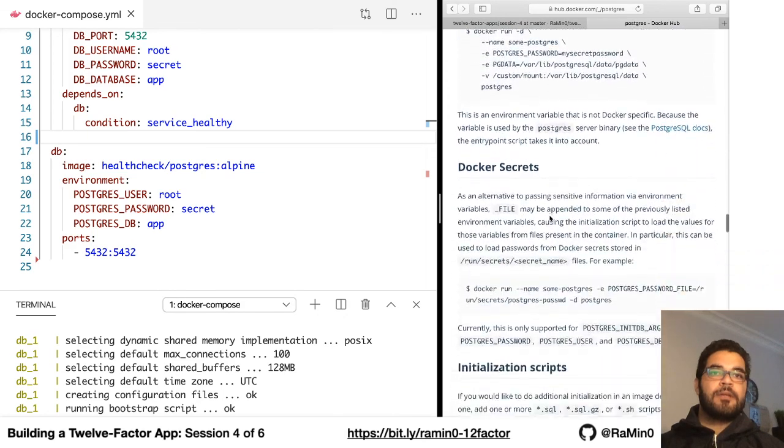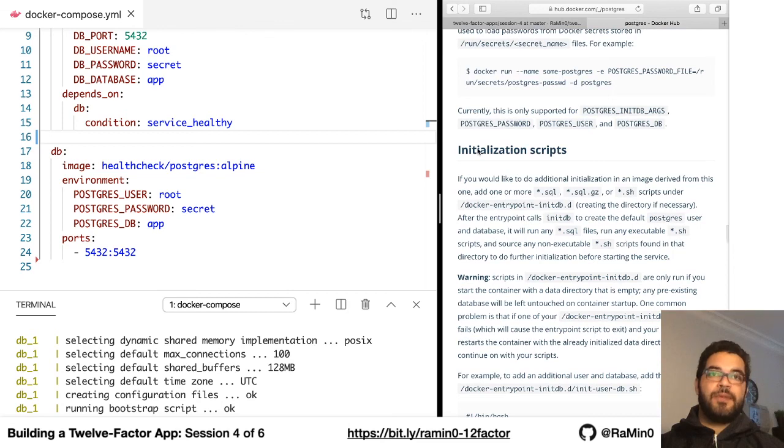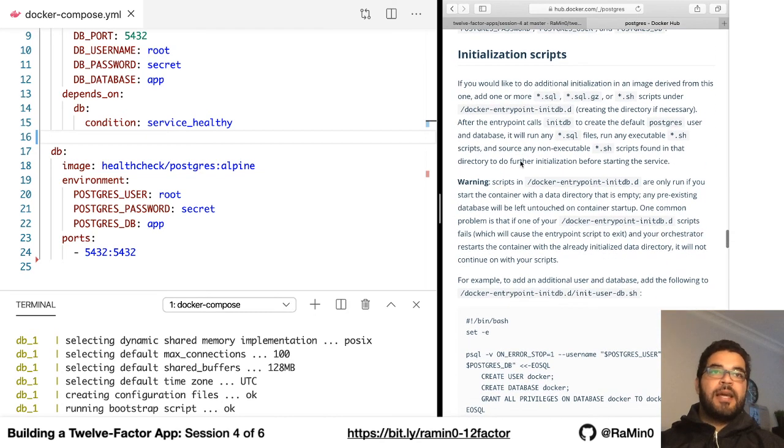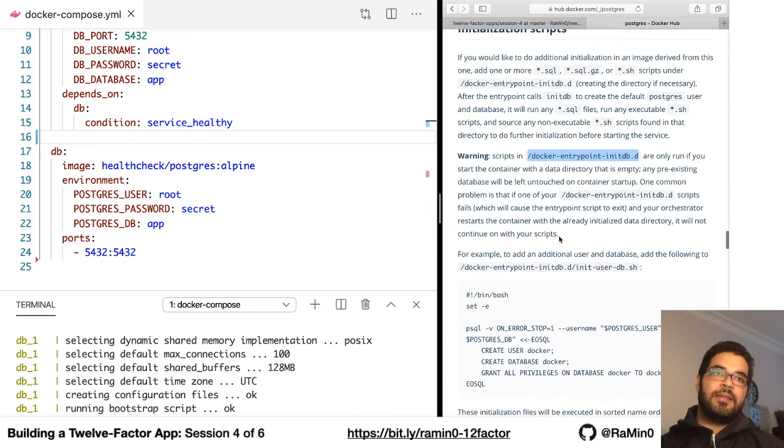Yeah, initialization scripts. There is a certain directory inside of the Postgres container that is called /docker-entrypoint-initdb.d. And this directory is empty initially, but if we create any files inside of it that either have